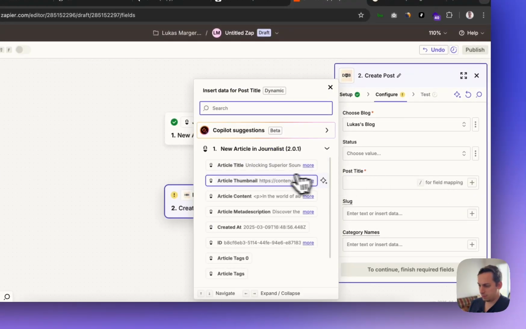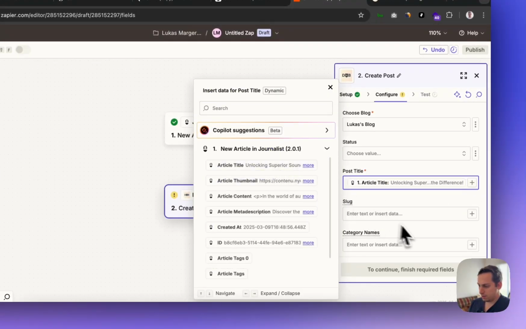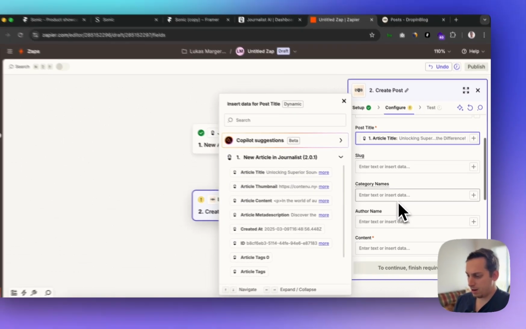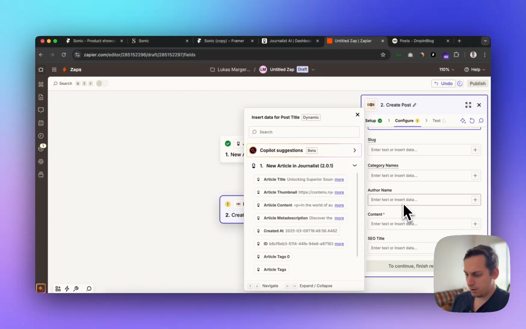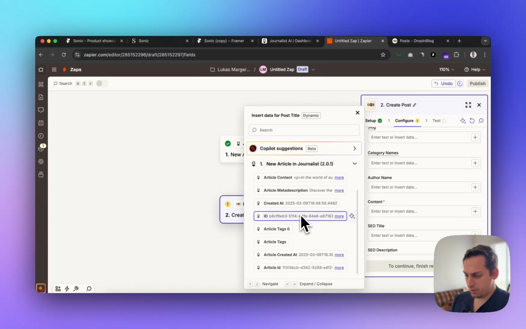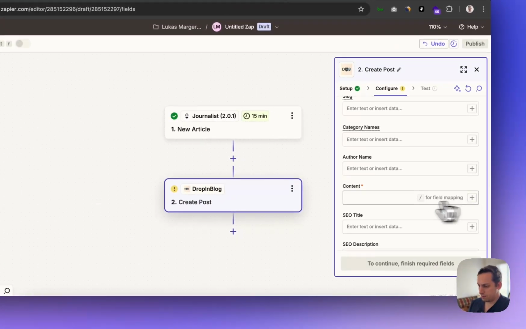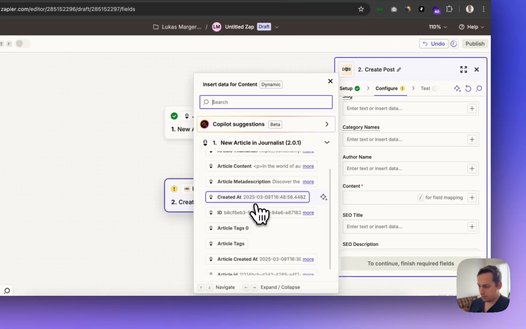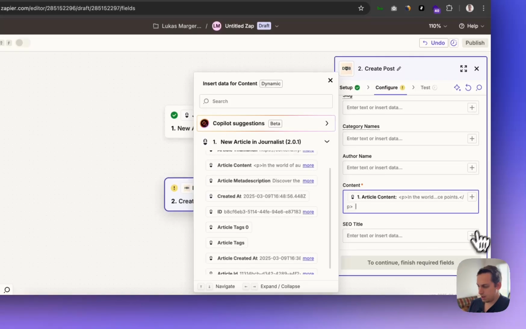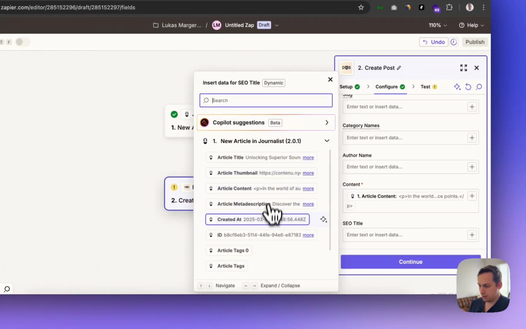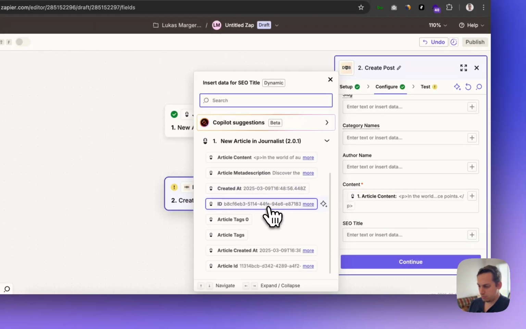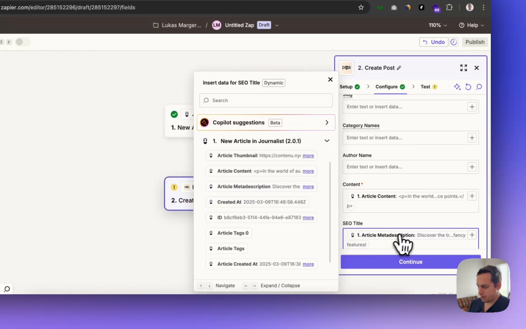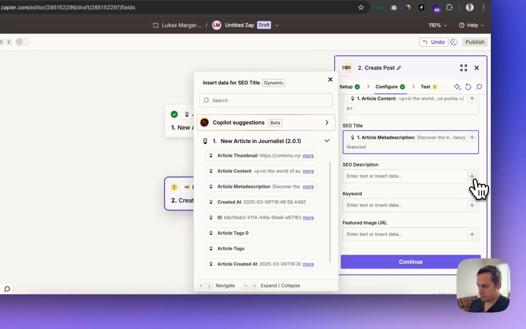Post title, we can put article title. Slug, we can leave empty. Category name, author name as well. And do we have an author name? I don't think so. Yeah, so context, we can do this, and we can put article content. SEO title would be the meta description, I believe. Yeah. And then we have SEO description,